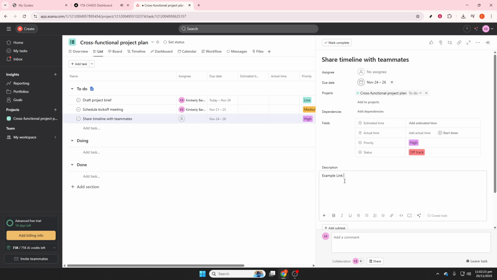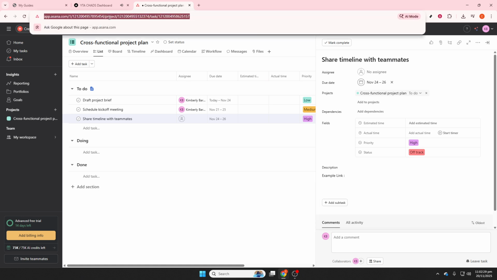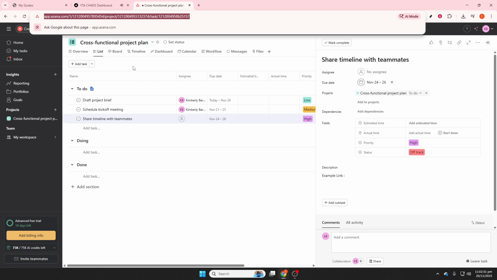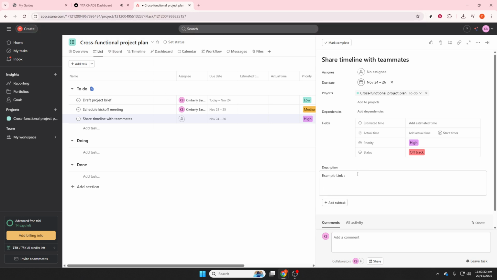Paste your full URL directly into the description. For example, https://example.com. Make sure it includes the https or http at the beginning. As soon as you paste, Asana automatically converts it into a clickable hyperlink. No extra formatting required. You'll see it change style immediately, and you can click it to test that it opens